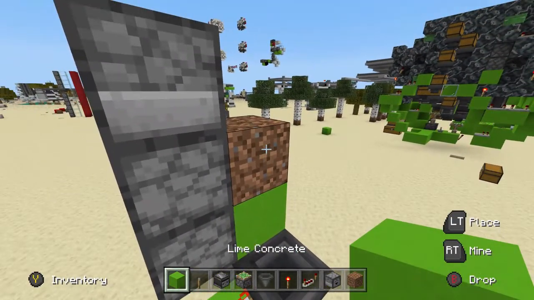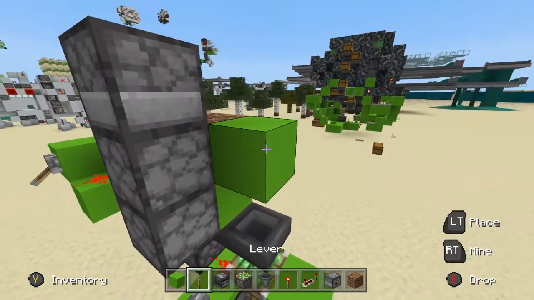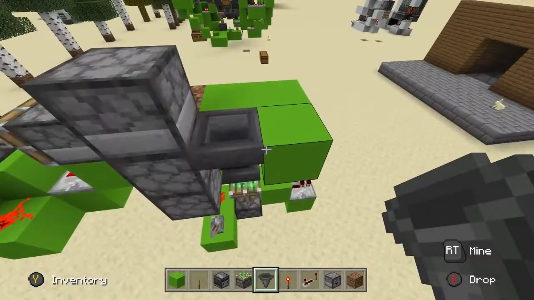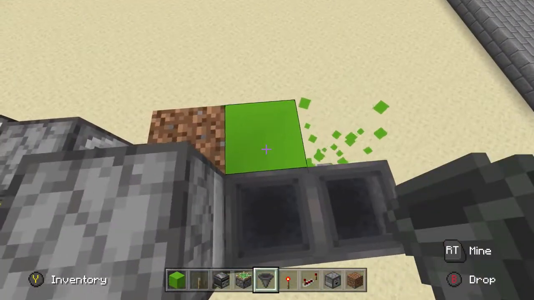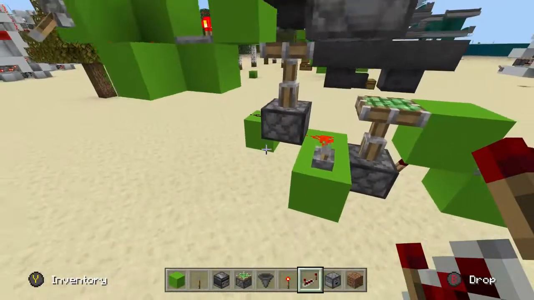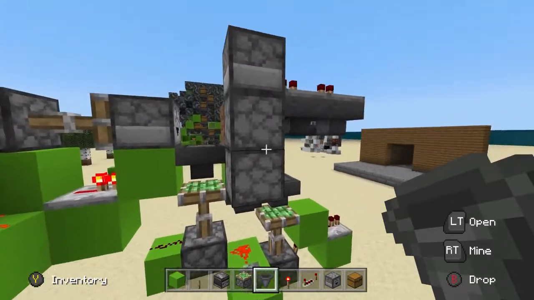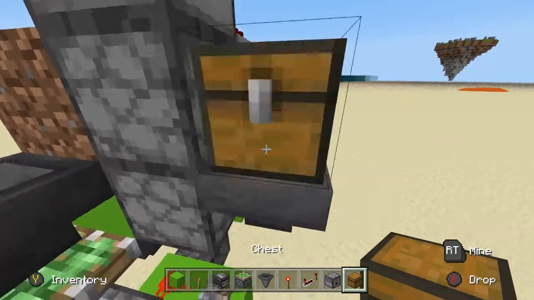Then you want to come out and place a hopper going into this block like so. Place one going into this, with 2 repeaters on the top going into that dropper. So then what you want to come ahead and do is place a hopper going into that dropper and a